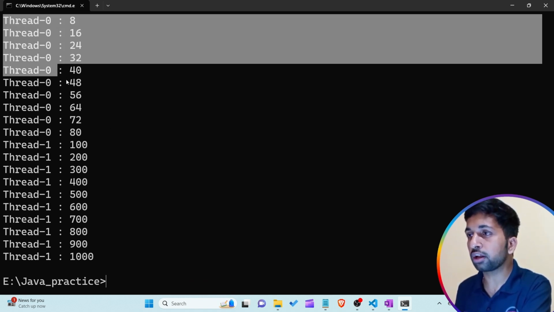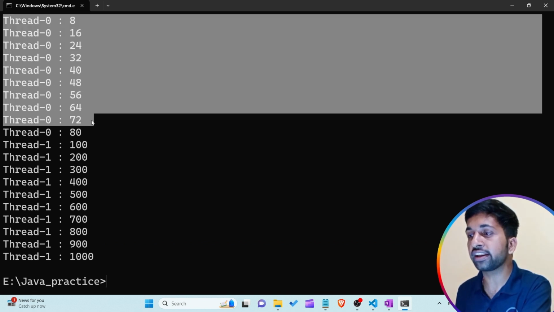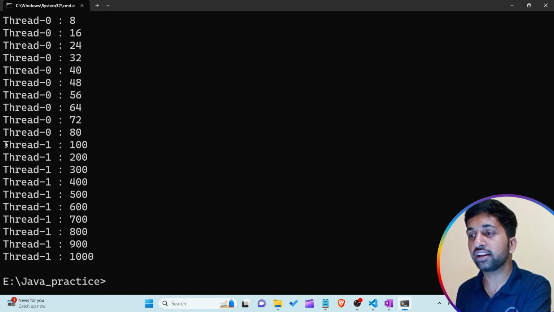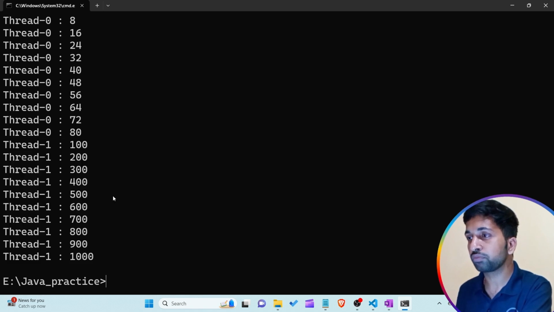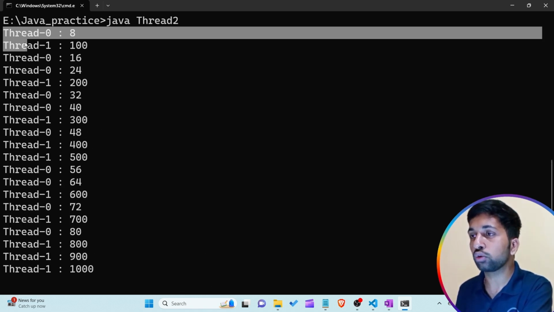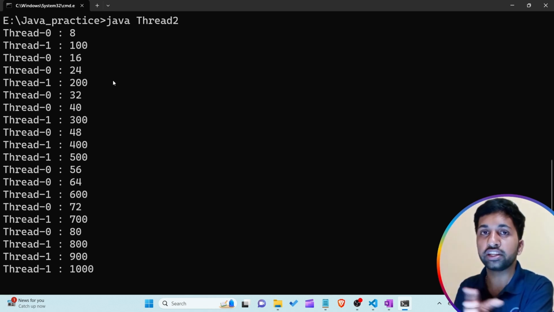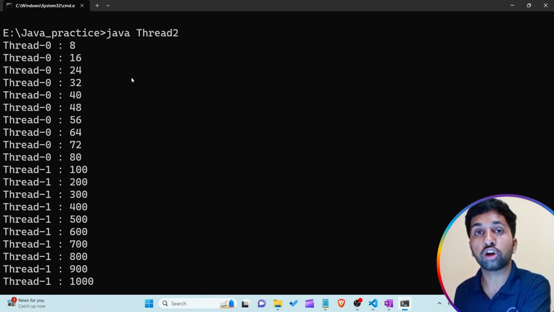The output here is that first the table of 8 is printed, then the table of 100 is printed. Thread T1 comes into the synchronized block first and executes all the lines of code, then the second thread comes into the particular block and prints. If you look at the earlier output, where I did not use the synchronization block, it was a very messy output where all the threads were using the common resource in parallel. Sometimes thread T1 was used, then sometimes thread T2, but after writing the synchronization block all the threads